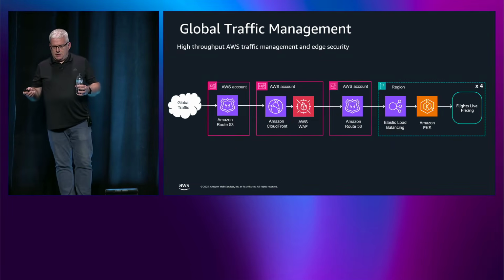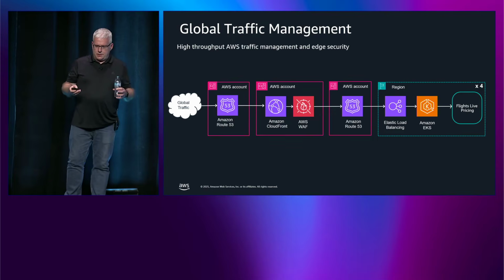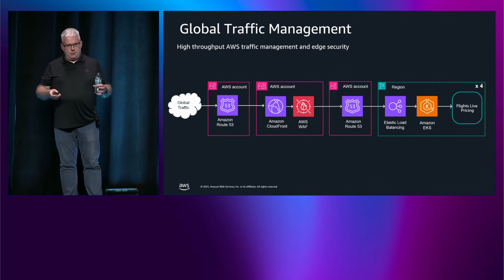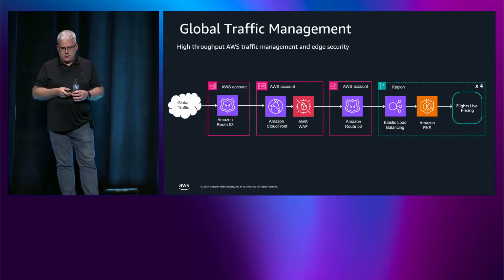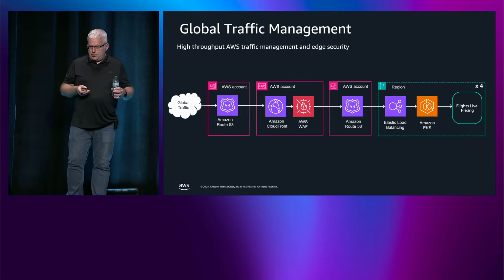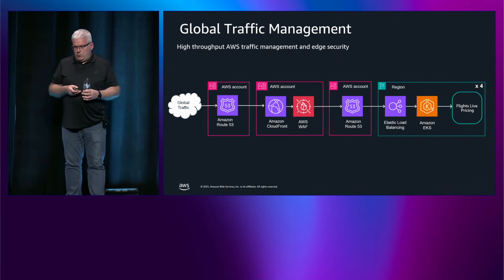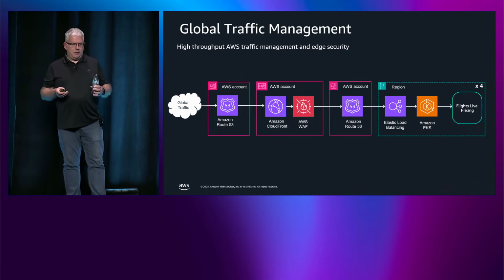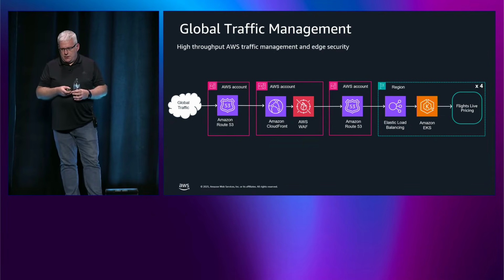As Christina mentioned, we use CloudFront. We have to get global traffic into our regions, so we use Route 53, which resolves to multiple CloudFront distributions. CloudFront is for CDN functionality, so we do caching there, header control, URL rewrites. We also have edge security there, provided by Amazon WAF. So that's before traffic even reaches our regions.